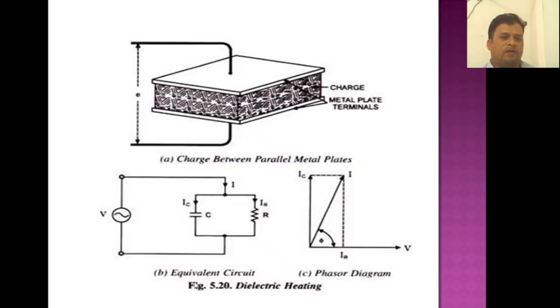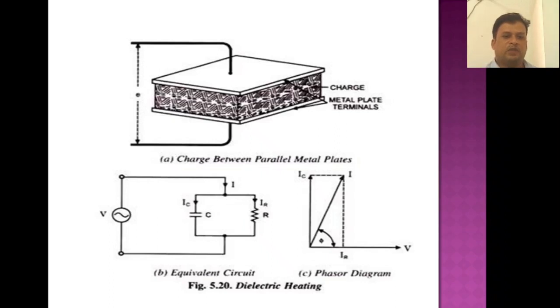And however, this should be represented as an equivalent circuit or electrical circuit. So we will keep here an alternating voltage and current I flowing, and the capacitor and resistor. So this is represented as this figure. So it is represented by capacitance and resistance. So the phasor diagram is always like capacitance and resistance, they are 90 degrees in phase with each other.